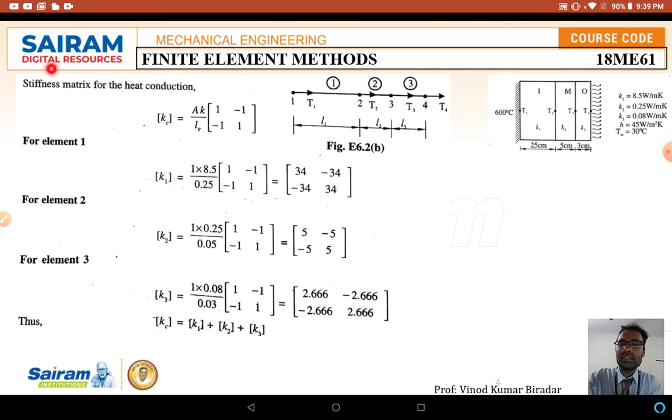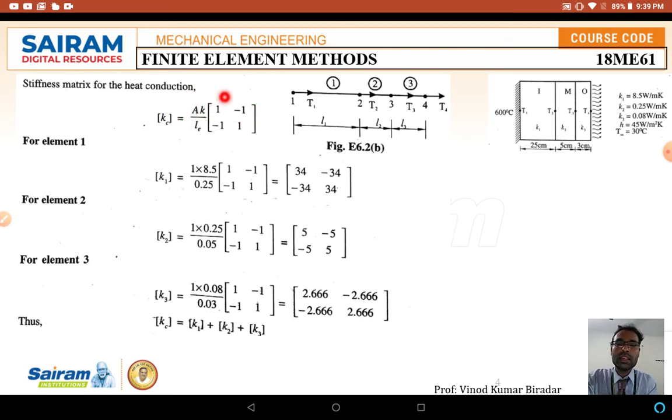So, the stiffness matrix due to heat conduction. Conduction we already studied in the introduction class: what you mean by conduction, convection, and radiation. So the stiffness matrix formula for heat conduction is K suffix C is equal to AK/L times the matrix 1 minus 1, minus 1 1. Normally in a composite wall problem, they will not give the area. Here A stands for the area, K stands for the thermal conductivity they have given, and L is the length. 1 minus 1, minus 1 1.